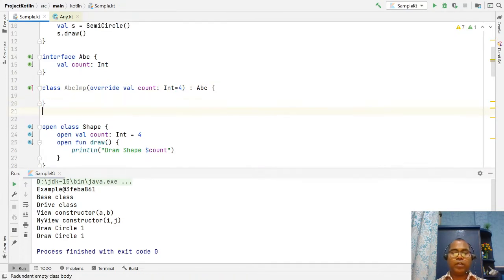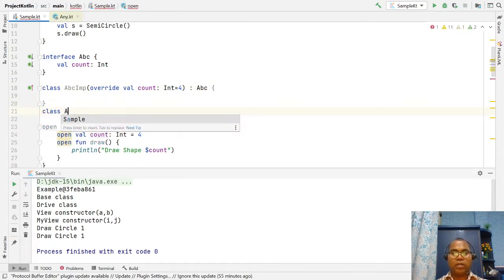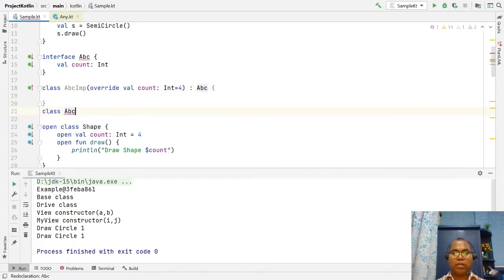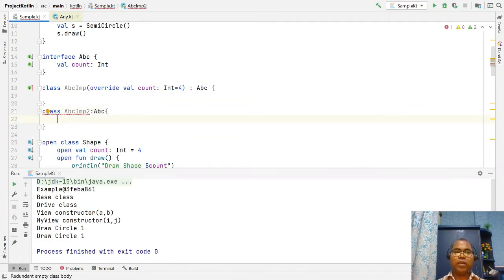Or you can say class abcImpl2 that directly extends your ABC, and here we are not overriding in the constructor. I am going to override inside the class body.